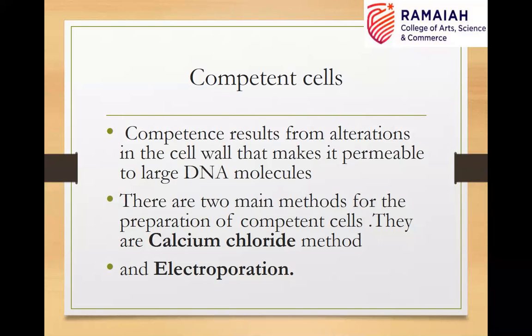I hope these methods are not new for you. We have discussed them earlier also, but now we have a separate topic given in unit 2 where we need to discuss these methods a little bit more in detail. As I mentioned earlier, many topics in recombinant DNA technology are overlapping. The same concepts will be repeating again and again, but depending upon the concept they stress, we need to present the information differently. So now let's discuss the methods used for preparing competent cells: one is the calcium chloride method, the other one is electroporation.